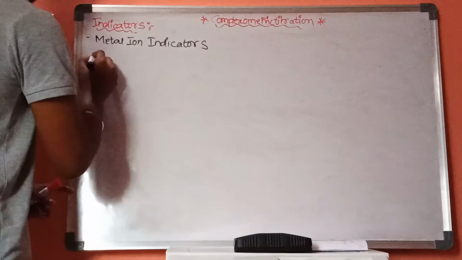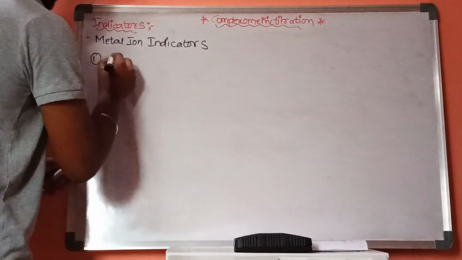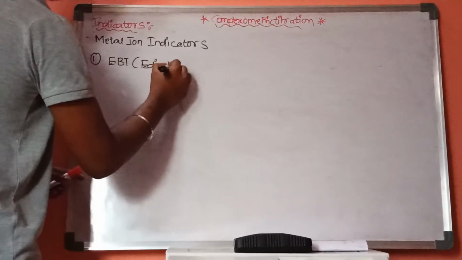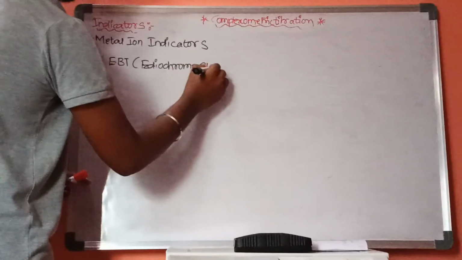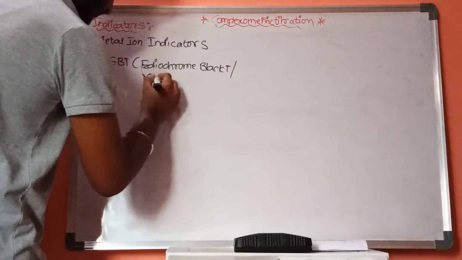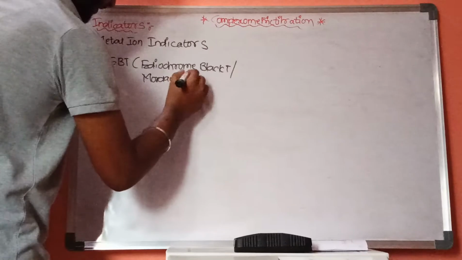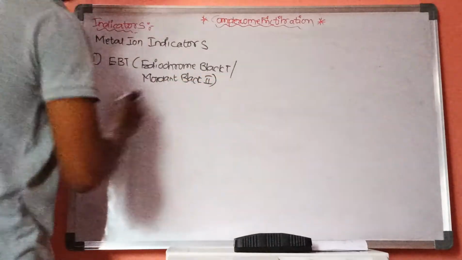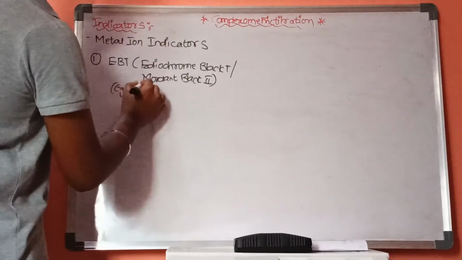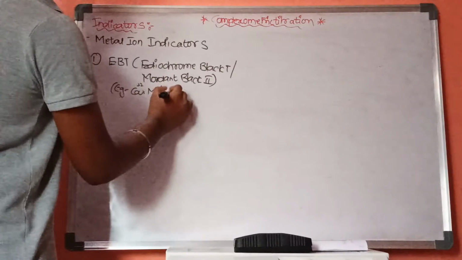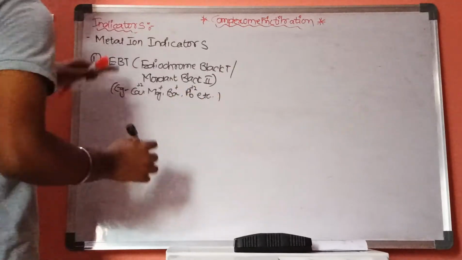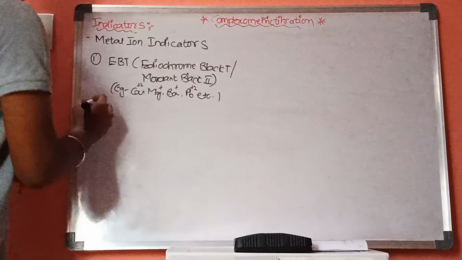The first type is EBT, that is Eriochrome Black T indicator, and it helps in analyzing calcium, magnesium, barium and lead, etc. This is the first type of indicator, and the second one is